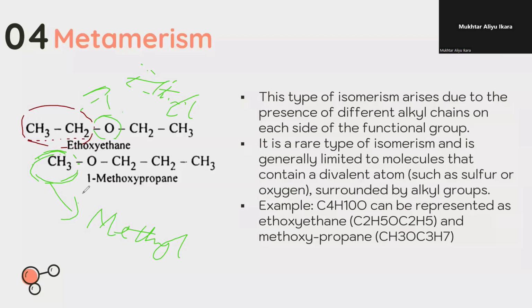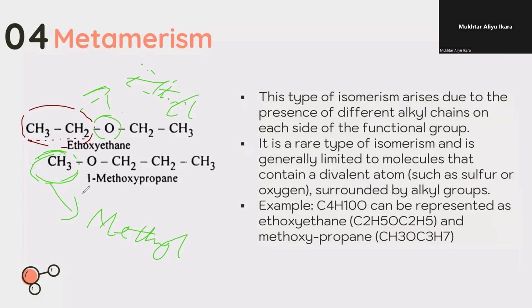Because it is ethyl here, it is called ethoxyethane, and here it is methyl, so it is 1-methoxypropane. So this type of isomerism, in which alkyl chains are on different sides of the functional group, is called metamerism, and it is a rare type of isomerism, and it is generally limited to